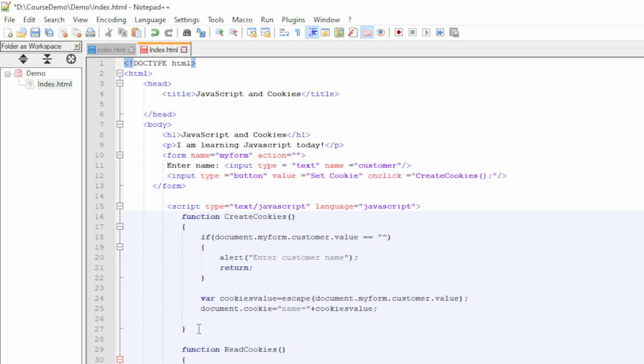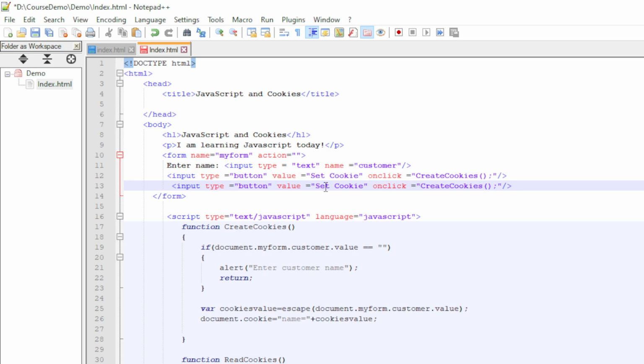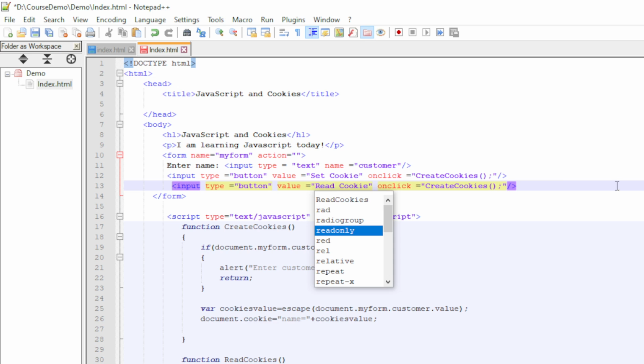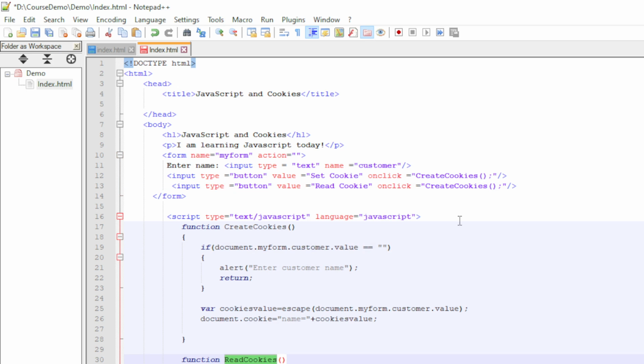So we get the cookies in all cookies, and then we can put an alert method like this to check what is coming over there. Now I have to add one more button here to read it, a read cookies button, and I will put it here, so it should work.